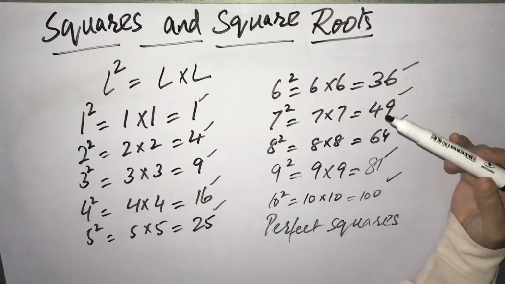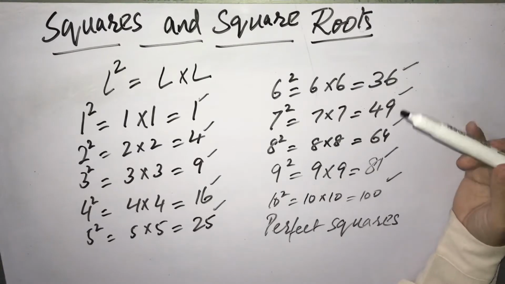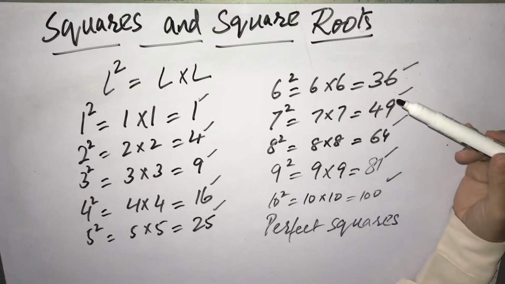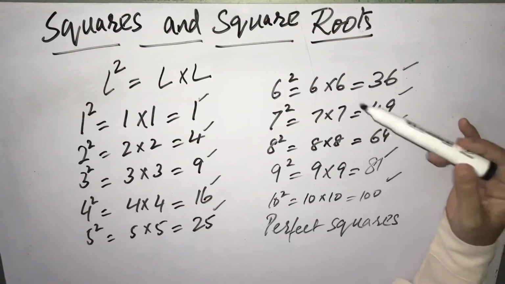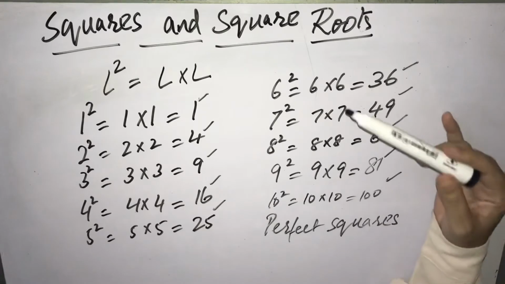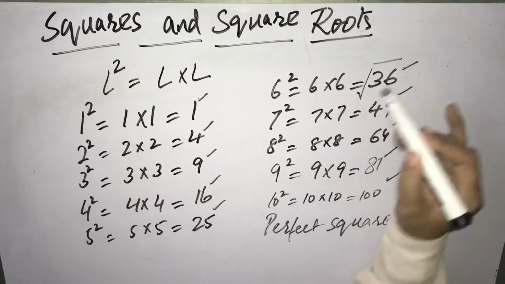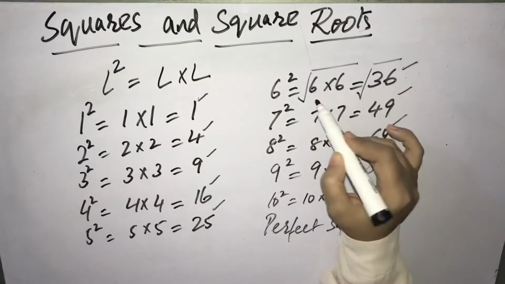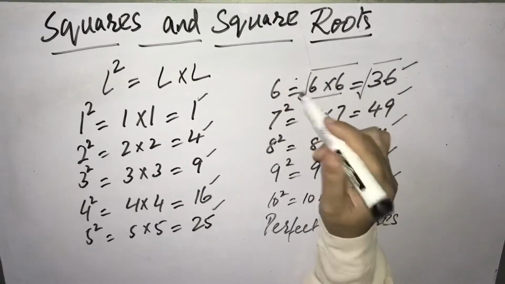Now if we find the square root of any number, we have to make the ladder with prime factors, and we have to take one prime factor from a pair of factors to find the square root. For example, if we take the square root of 36, we shall have the pair like this, and we shall take only 1 6 as the answer.